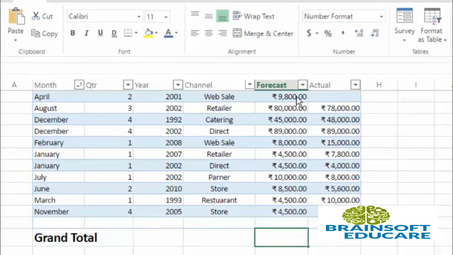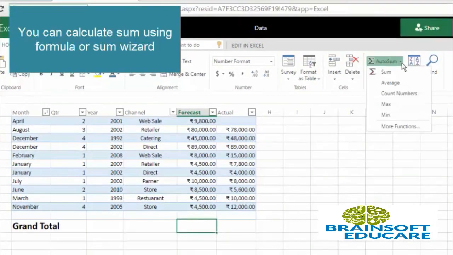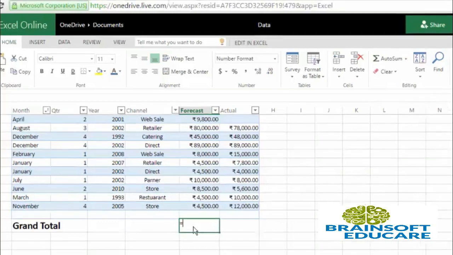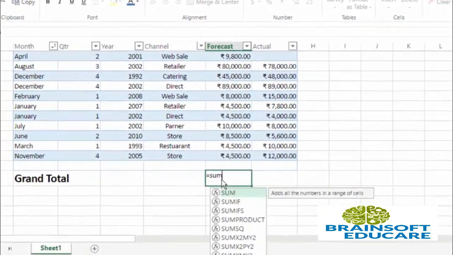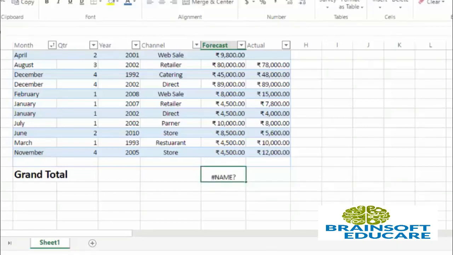So I am now summing all these values, all these numeric currency values. You can do sum using many ways, like you can directly write a formula here, or you can use some inbuilt facility or inbuilt summing wizard. So first I will show you how you can sum all these values using a formula. So just write is equal to and then write sum. So IntelliSense will display all the formulas related to sum. Here it is, this sum formula. So click on this sum and then